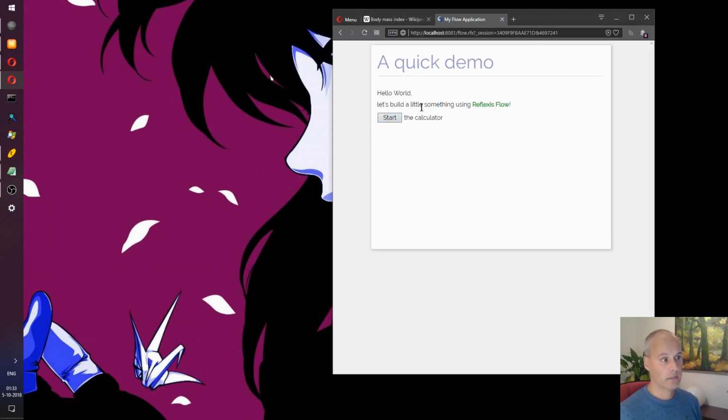So let's pick it up from here, and let's make it so that if we press the start button, it actually goes to a small form where you can ask someone for their height and their weight, to calculate the body mass index.